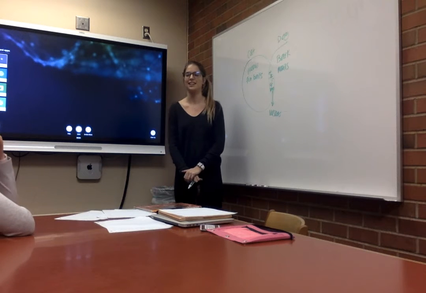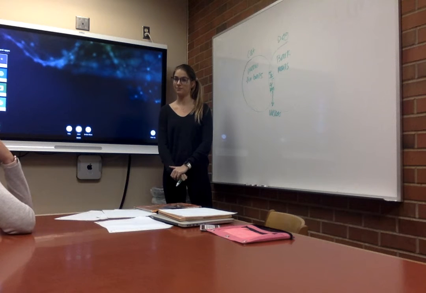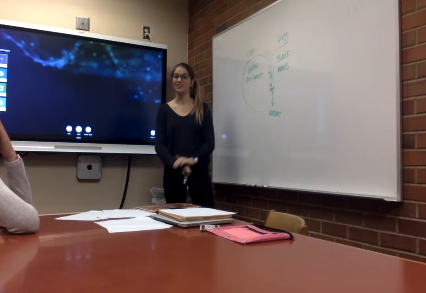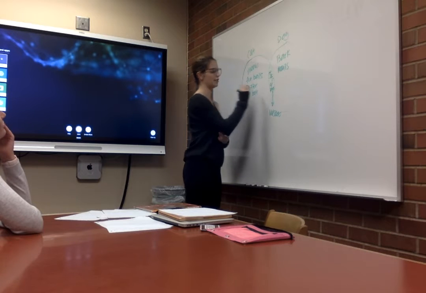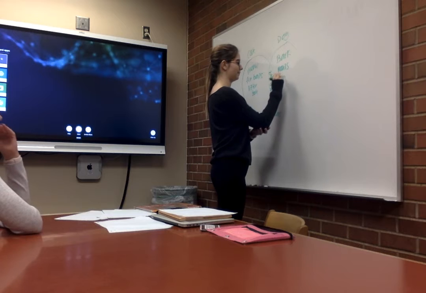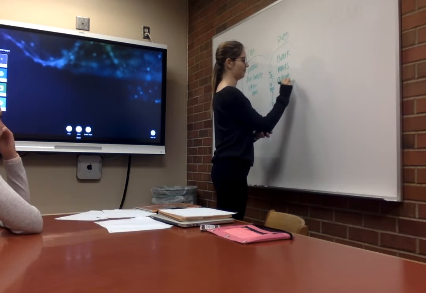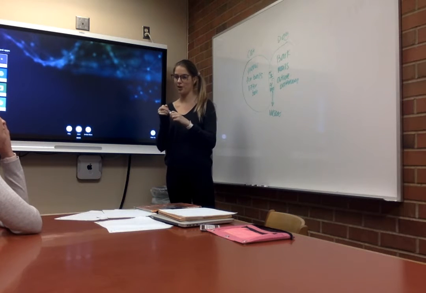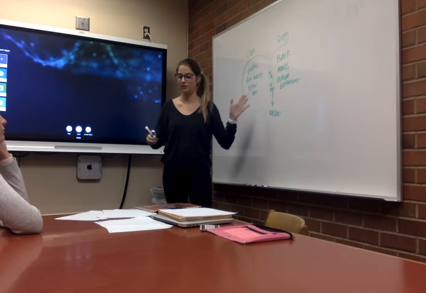How are cats and dogs different than each other? Cats use a litter box. Good. And do dogs use a litter box? They go outside. They go outside. Okay, so now that we know that cats and dogs can be the same, but they're also different, we are